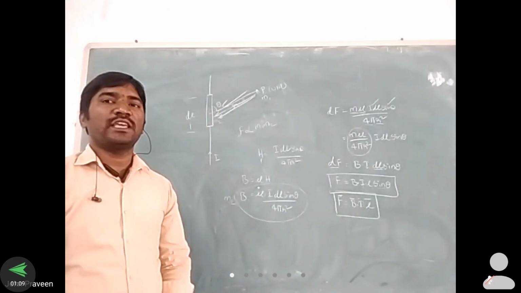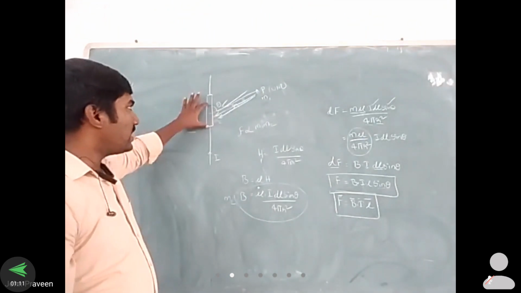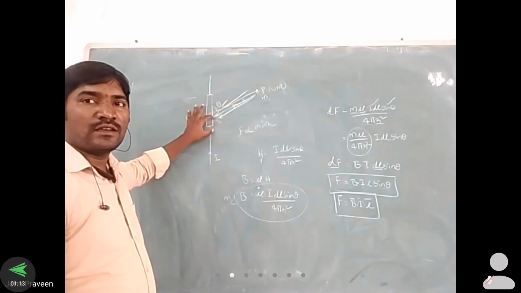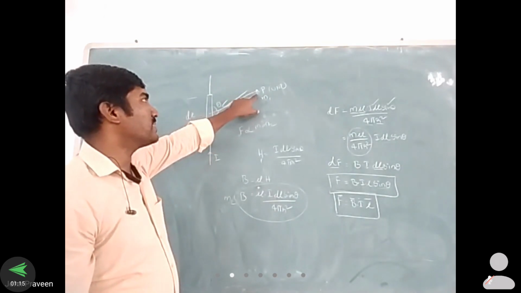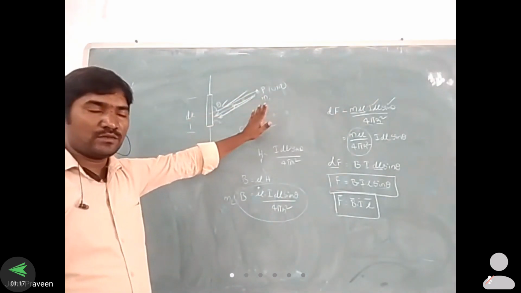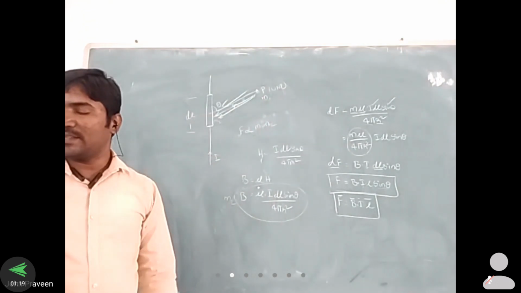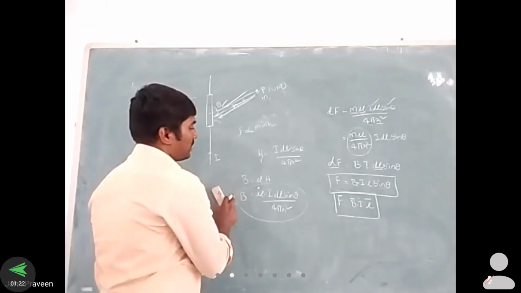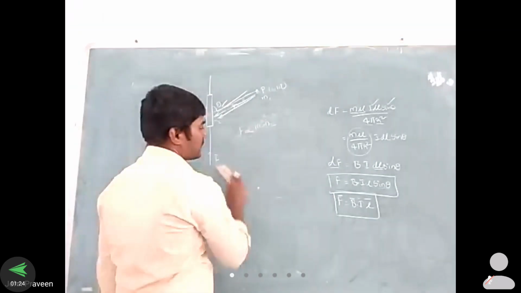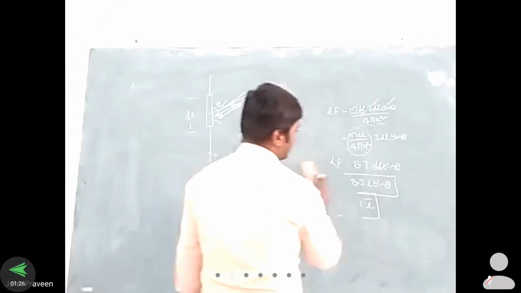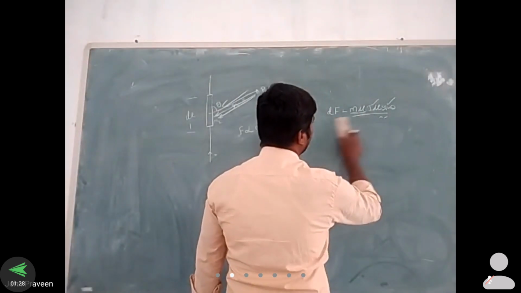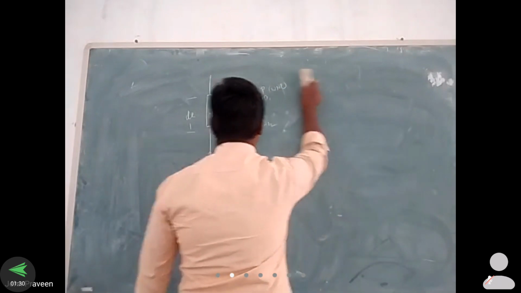So this is the fourth equation for the force the conductor experiences when a unit pole is placed at a point P. These are the things we discussed in the last class. Today we discuss the field strength of a given conductor in a magnetic field.